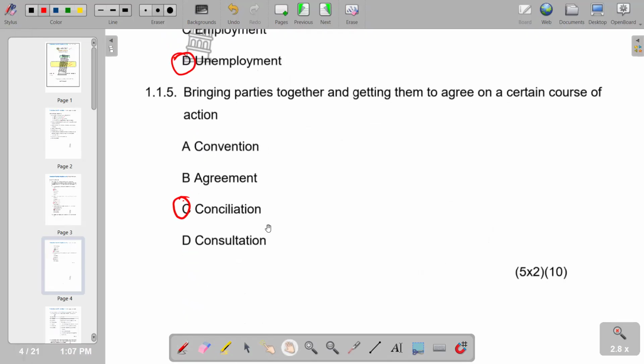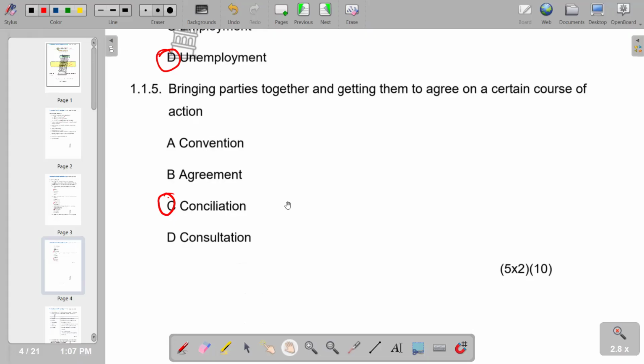So on the description of a conciliation, it is basically an alternative dispute resolution process. So basically, it's a dispute resolution process whereby the parties to a dispute rely on a third party known as the conciliator to assist in solving their dispute. So whenever a third party is involved, which we call the conciliator, it is the conciliation. So this is the last part that we have in terms of our multiple choice section with a total of